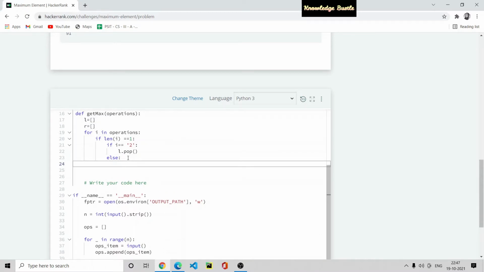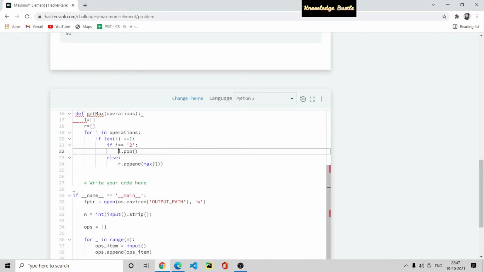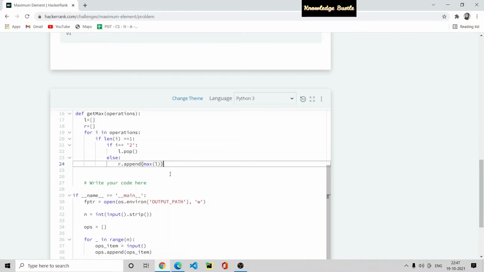L contains all the elements you store, and R contains only the maximum elements which we need to return. That's why we take R. So R.append(max(L)). R contains only those elements which are the maximum of L.